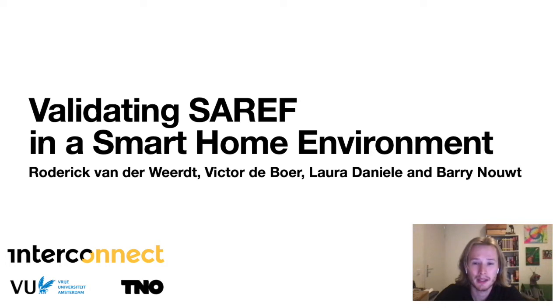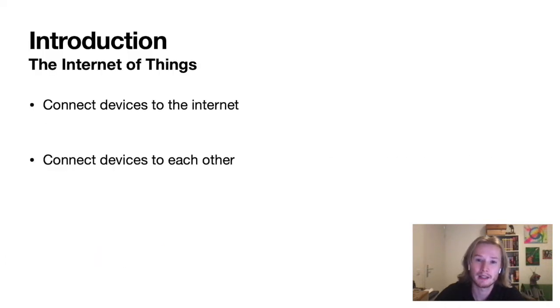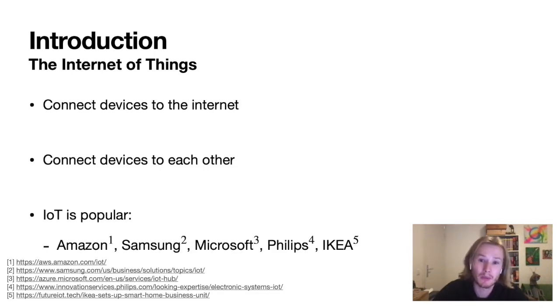Let's start with a quick introduction about the Internet of Things. The goal of the Internet of Things is to connect devices to each other by connecting them to the Internet. And this allows, for example, to connect your phone to your doorbell so you can see who rings your doorbell, or it allows your dishwasher to connect to your alarm clock so the dishes will be done before you wake up. IoT is very popular with manufacturers at the moment, resulting in a lot of smart devices created by multiple